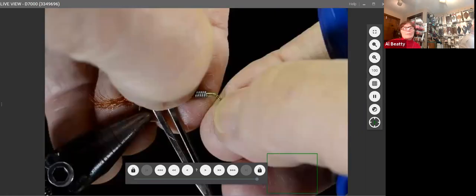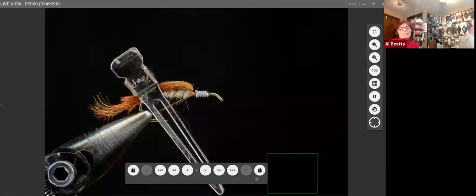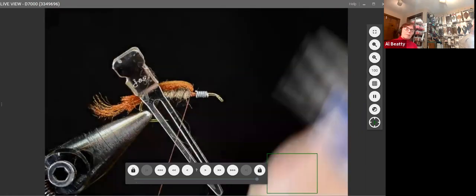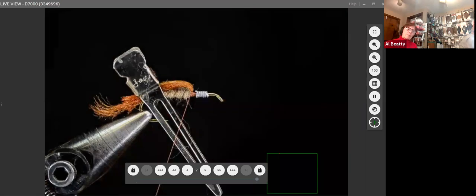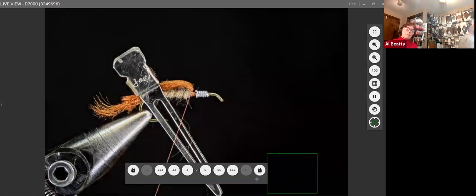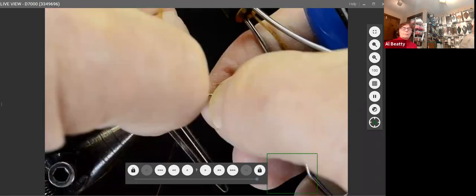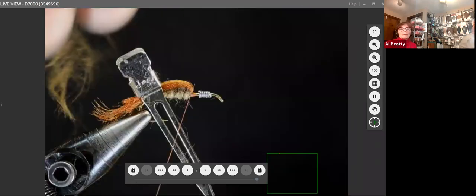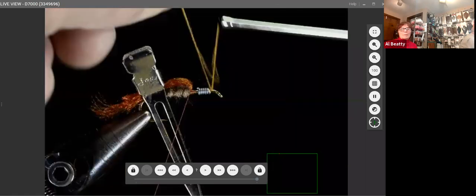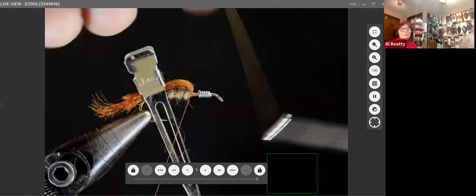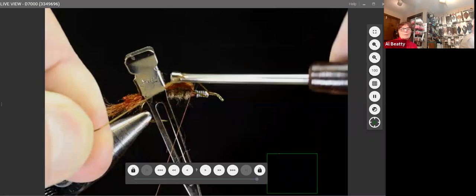So we haven't thrown any wire away at all. It's strictly exactly what we needed is what we pulled off and used. Now I'm going to get some brown floss out here, and we're just going to kind of wrap this in place, smooth things up so that when we apply our dubbing,